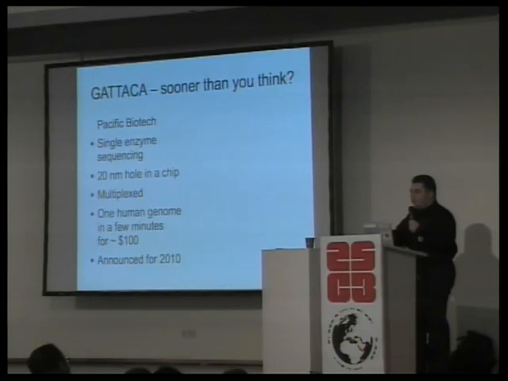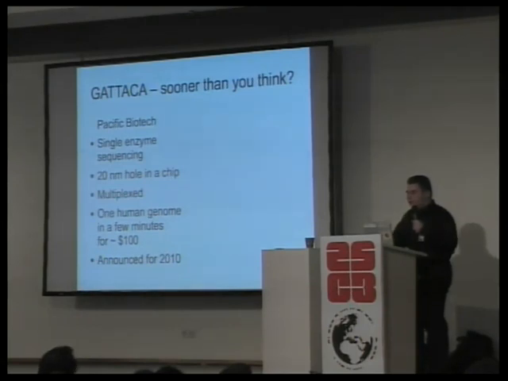And if you think about it, at that point, the sequencing centers like the Sanger will basically die off, because every single hospital will have at least one of these. And if you come in and you have some disease that even House can't diagnose, and you have a gold or platinum credit card, they'll take a sample of your DNA and pour it onto that machine, and a few minutes later they can tell you, oh, you have this and this and this and this genetic disease.